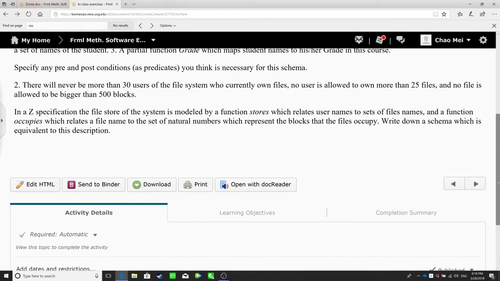So for all the files belonging to the domain of occupies, such that the number of